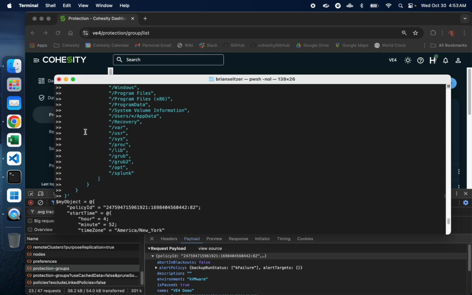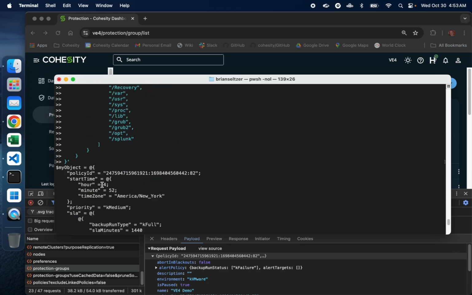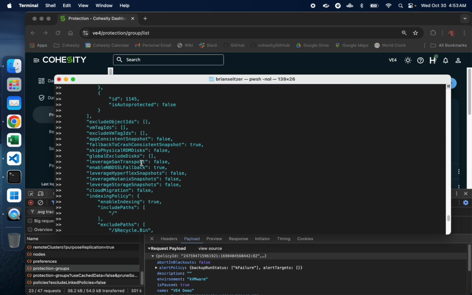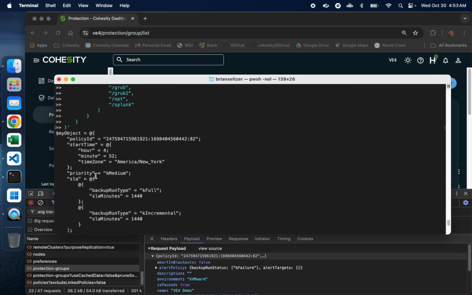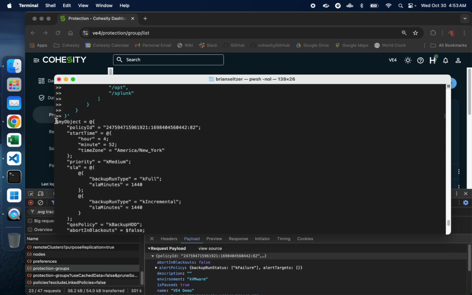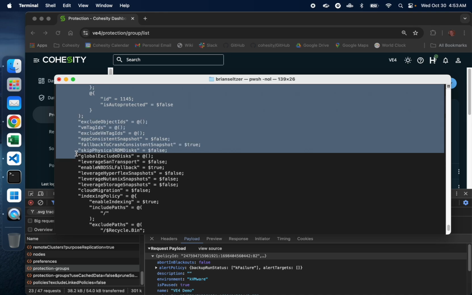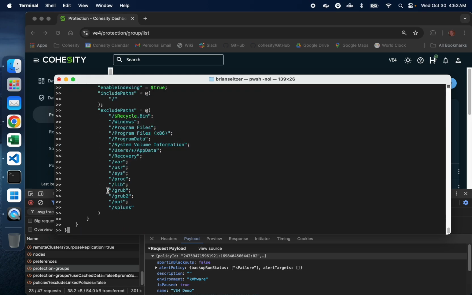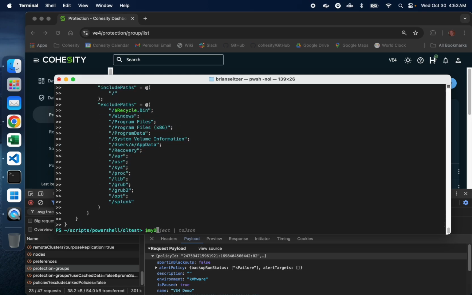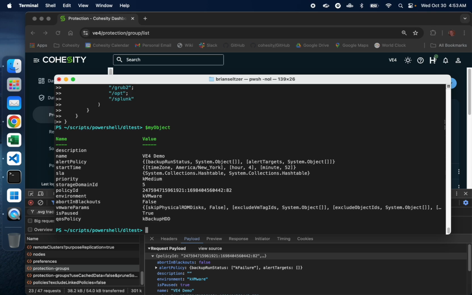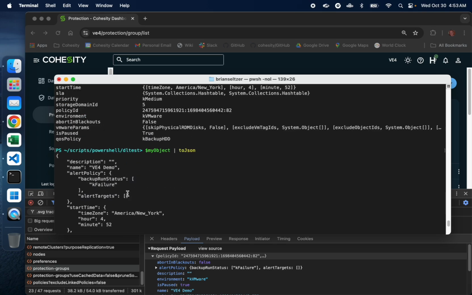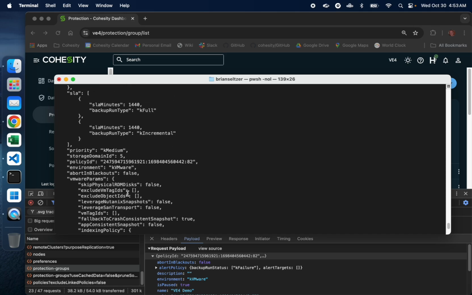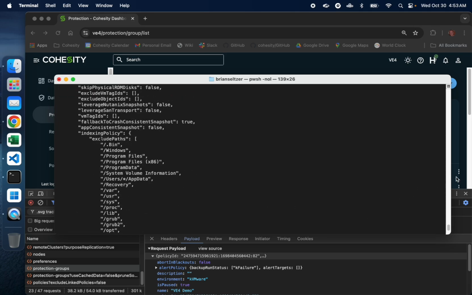You see, instead of colons, it's equals. Instead of commas, it's semicolons, and a few other things. PowerShell looks slightly different than JSON, but I'm going to now copy this, and I'm going to paste it. So now I have this my object dictionary, and if we convert this to, there's also a toJSON function. So there's that raw JSON again, right? This is the definition for creating that protection group. So what I'm now going to do is,